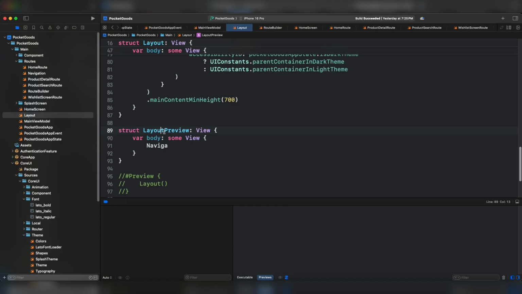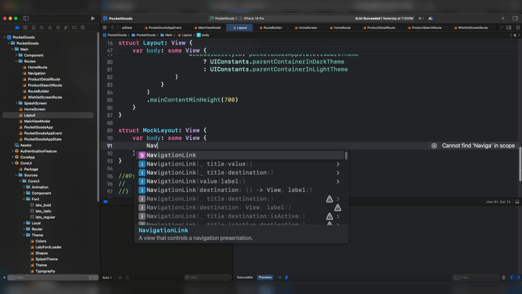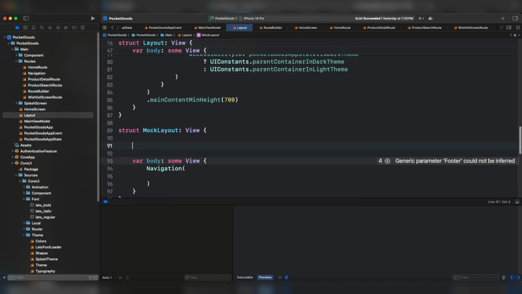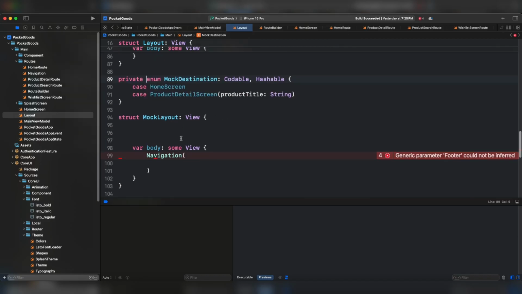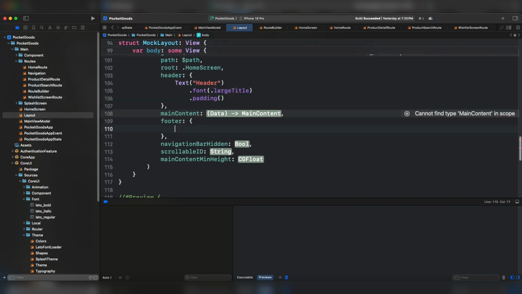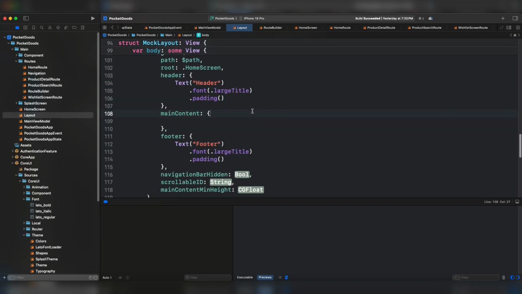It's not going to be basically for the layout itself, but it's just going to be a mock layout. Let's use the navigation. Let's provide the needed state for the path. And beforehand, I would like to create the mock destination. And here the state according to the mock destination. Here it should be the initial route, which is home screen. For the header, I'm just going to put here a text. For the footer, let's do a text again. For the main content, let's simulate this. In case of home screen, going to navigate to a screen, let's call it products view. And for the detail, it's going to